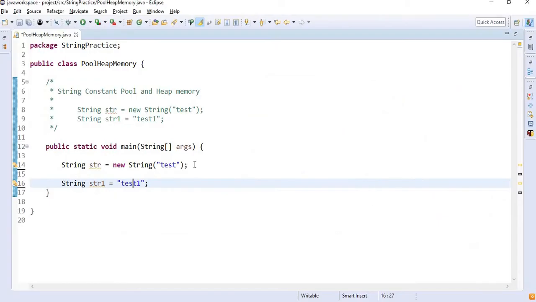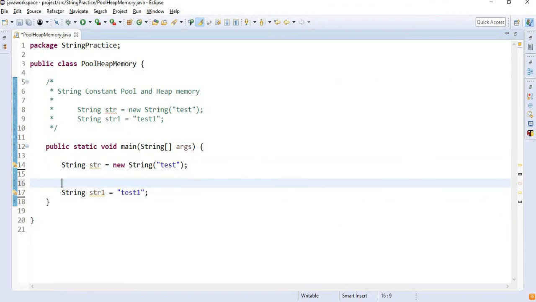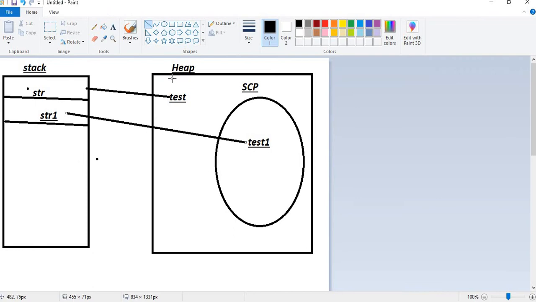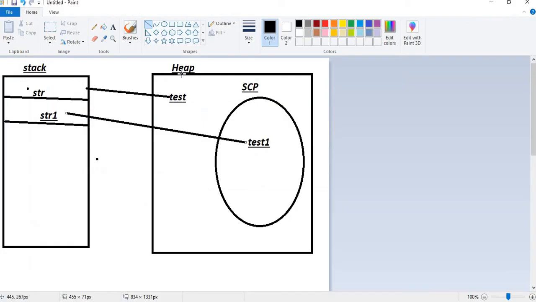Now this address will refer to this value. Suppose I have another statement with the new keyword, but the value is the same. So my statement is string str2 equal to new String, and the value is the same as str. Because this is with the new keyword, this value will directly go and be stored into heap memory, and inside heap memory it will never check if the value is already there or not.